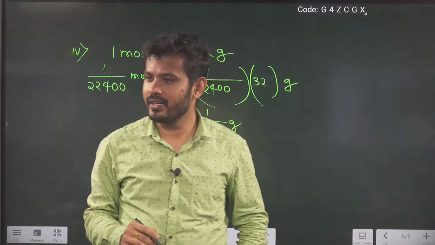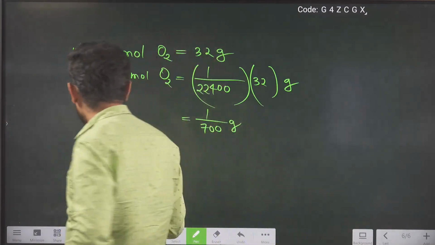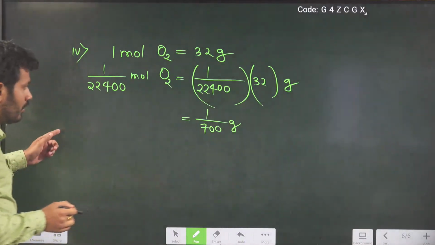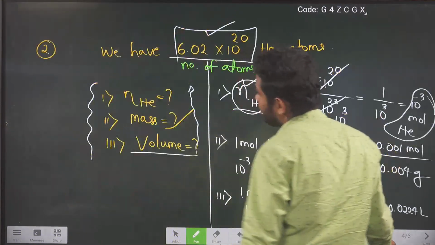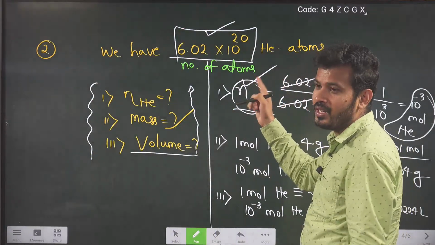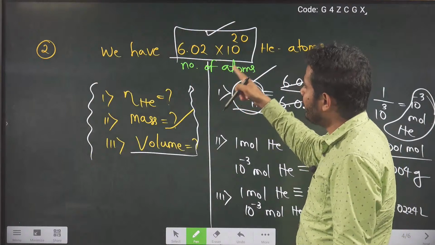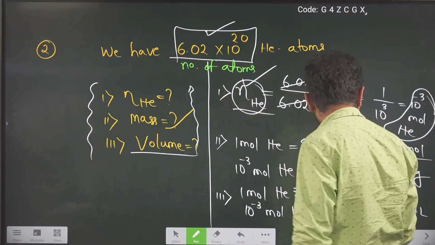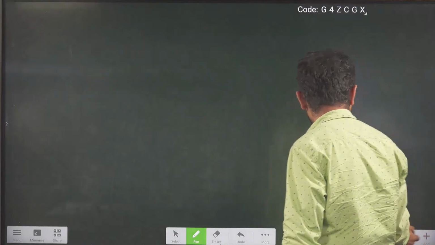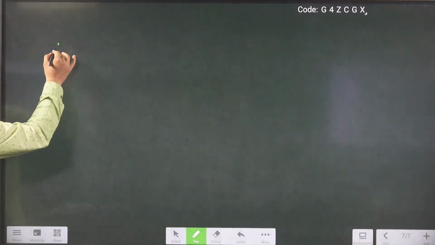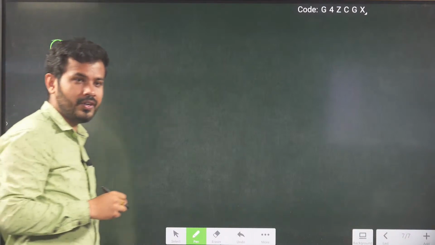Okay, sir, again explain the second question. Sweetie, I will explain the second question. Please pay attention on the next question. What is the second question? We have these many helium atoms. I will explain a similar question. Please try to understand and correlate. Given number of particles was there, right? So I'm solving a similar question. The fourth question over here with us is,